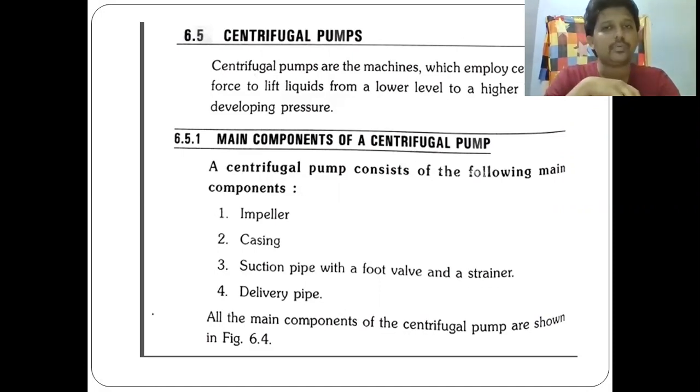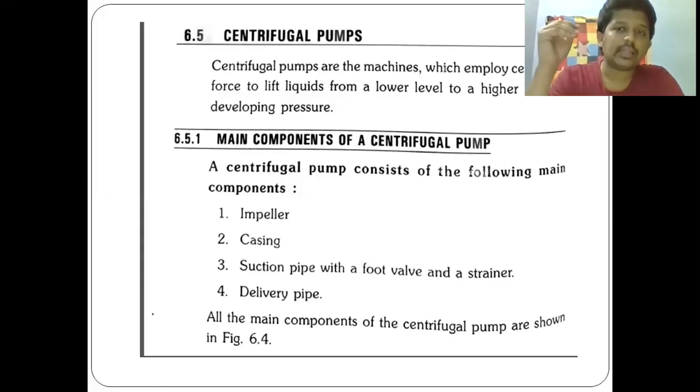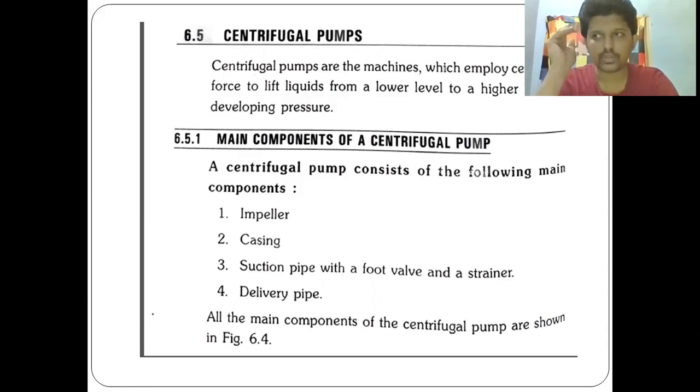We are done with the pumps part. A pump is a mechanical device which converts mechanical energy to hydraulic energy. That means if you give the pump some source of energy, it will convert the mechanical energy to hydraulic energy. We see different types of pumps and positive displacement pumps. We are done with the reciprocating part. Now we are onto the rotary pumps, which are centrifugal pumps.